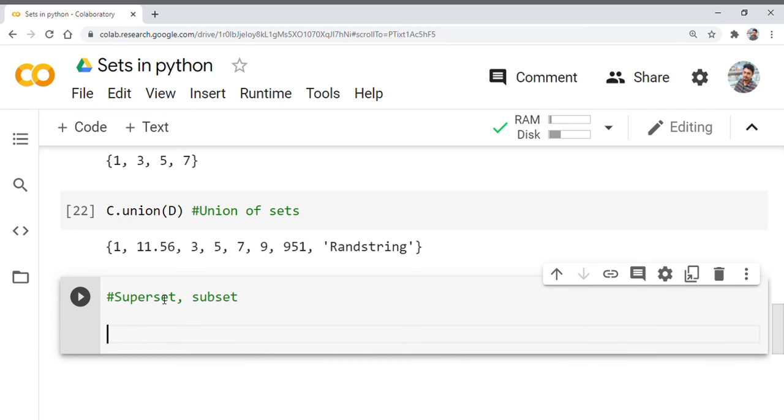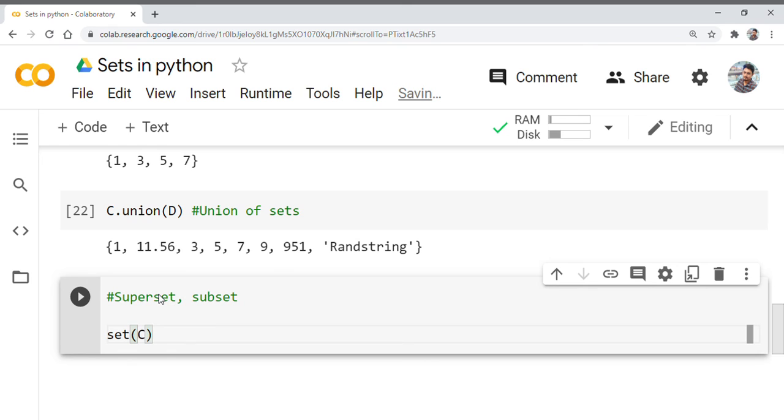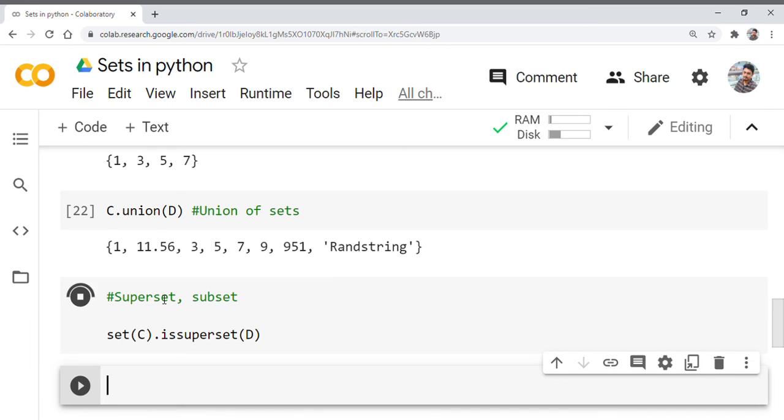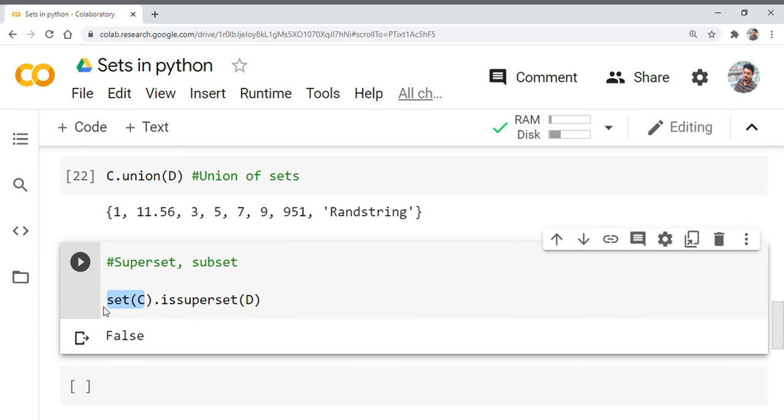We can check whether any set is a superset or subset of another set by using these things, like set C dot is superset of D. Okay, so the answer must be no, right? False, because set C does not contain all the elements of set D, right?